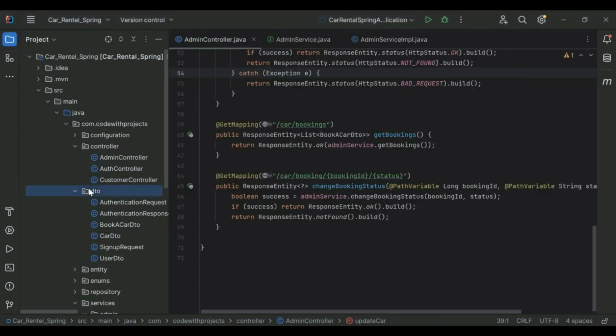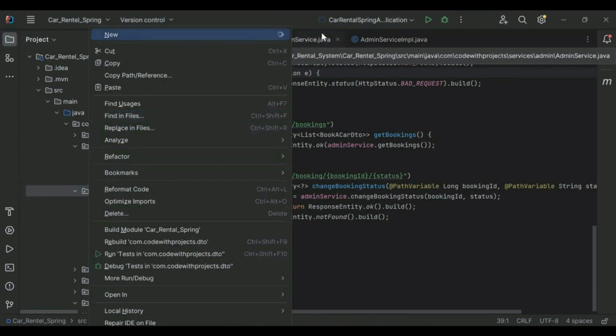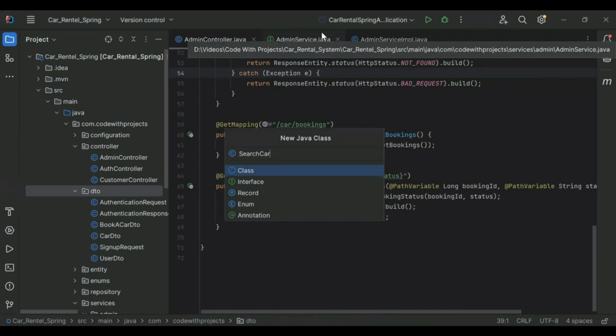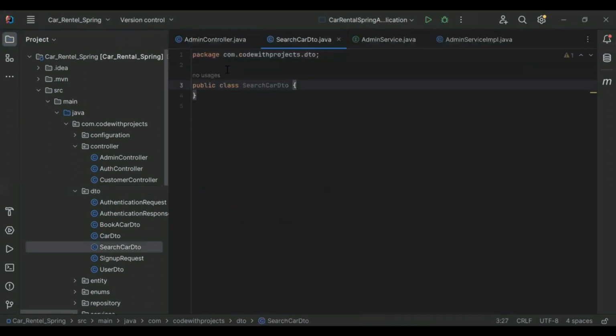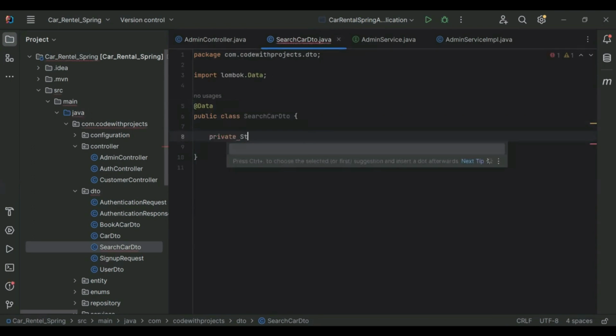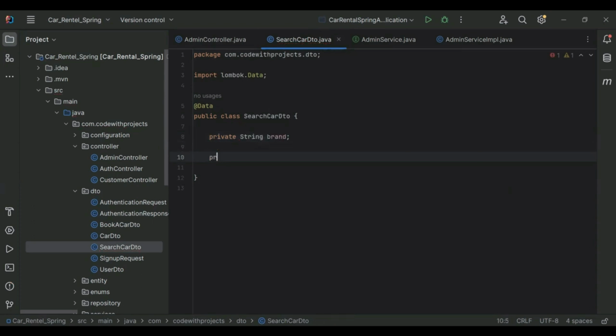So let's go to our DTOs package and here I'm going to create a new class, SearchCarDTO. Let me add the annotation @Data. The properties are private String brand, private String type, private String transmission, private String color.